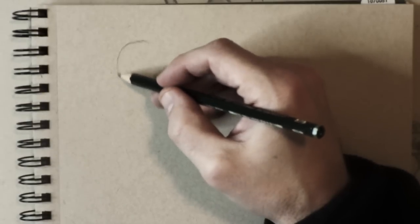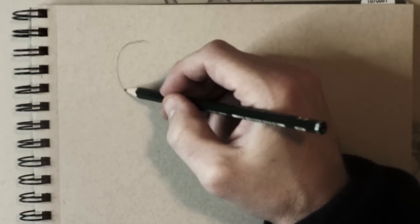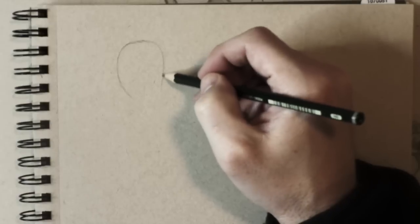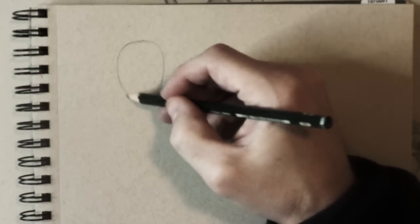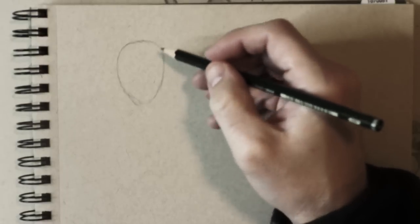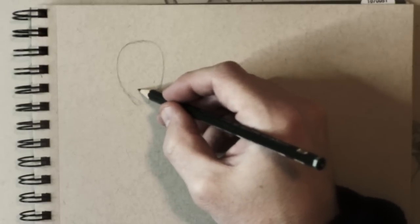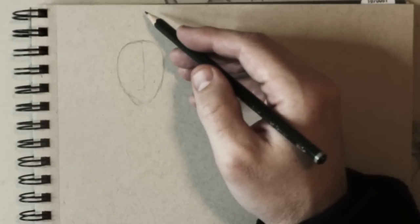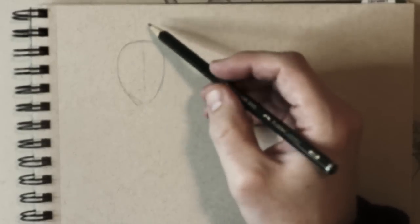Guys, in this video I'm going to be showing you how I draw hair. Somebody asked this question the other day, and I definitely have some little techniques that I do when I'm drawing women's hair and guys' hair. So I'm just going to draw a quick head here, and then I'm going to show you, a lot of times when I'm drawing a girl,